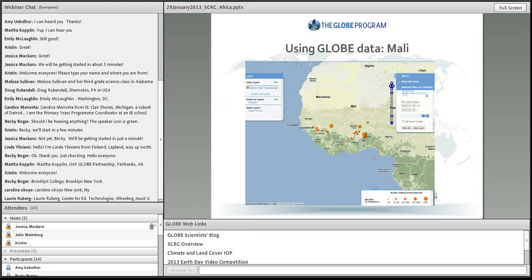So I set the data range to be from the last 3 years. So you can see right here, I also had selected data count instead of measurements, because I just wanted to see, well, where are our top participating schools? And these little orange dots will show you that. So I saw this large dot in the middle over here in Mali, and this large dot corresponds to over 2,500 data points that they have entered in